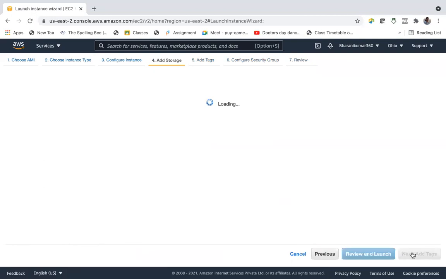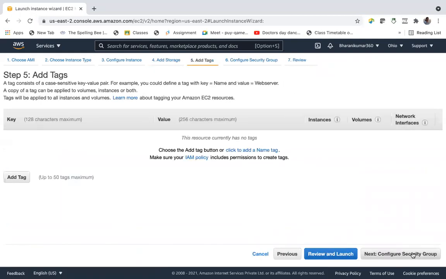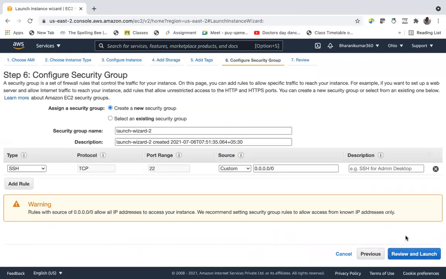So let us add storage, tags, security group. Here I'll call this NAT instance security group.